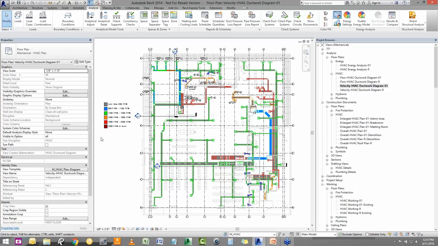A question about space parameters being able to be loaded into families. As long as they originate from a shared parameter file, then yes. And then also some issues with the room calculation point with different pieces. We can change the room calculation point on any piece of equipment, like say for example a VAV box. The VAV box obviously is usually in the plenum space, and if you don't set up your spaces properly,